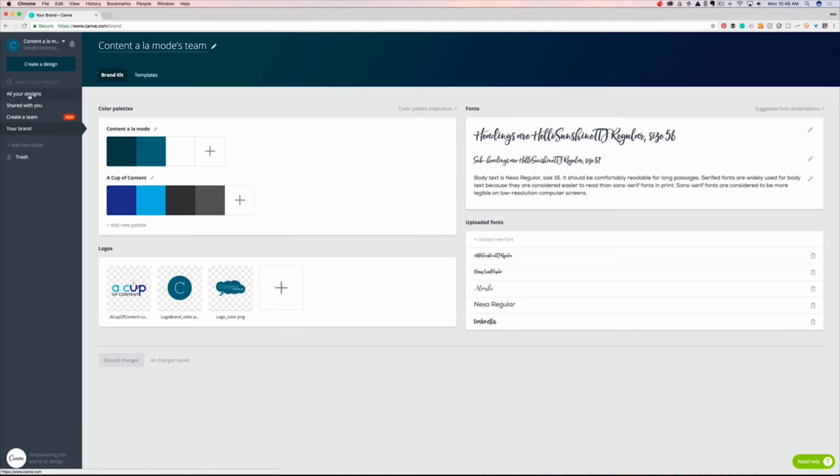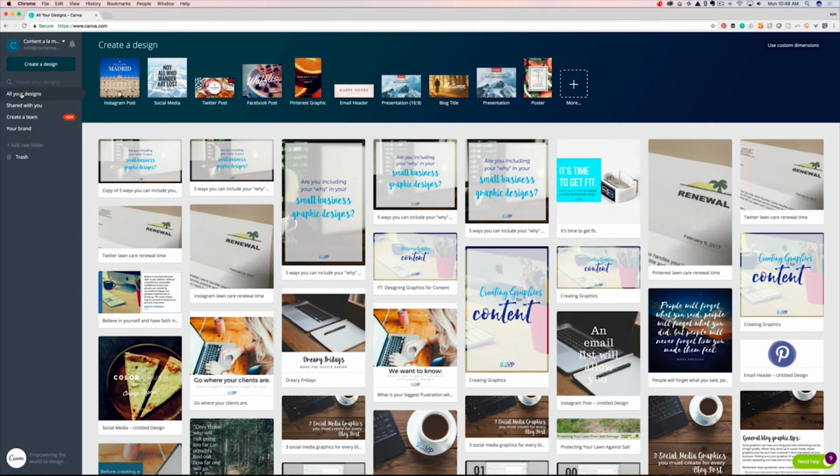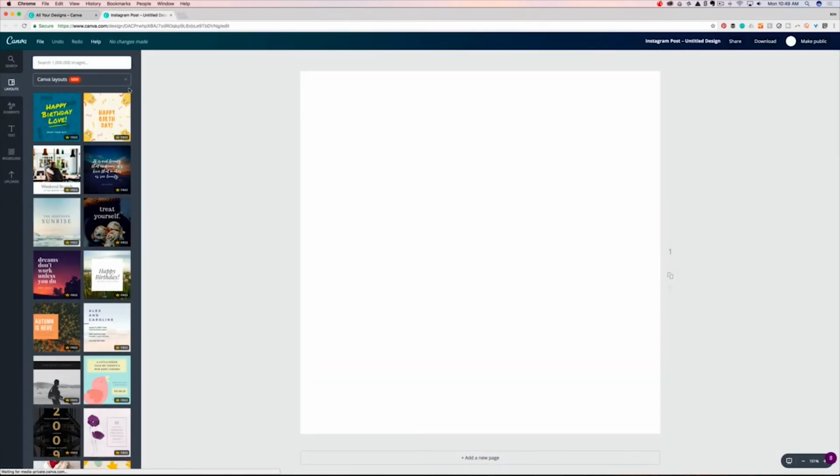And then the other thing that is really awesome, and I was kind of showing you a little bit about it before with the other side, is okay, so let's say I'm going to make an Instagram post. Okay, and you're going to see I've got pretty much the same types of layouts and stuff that I want to use. And so I can, let's see here,